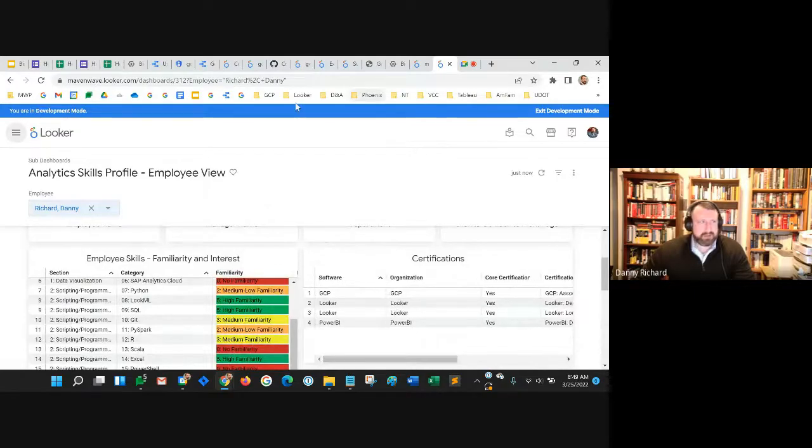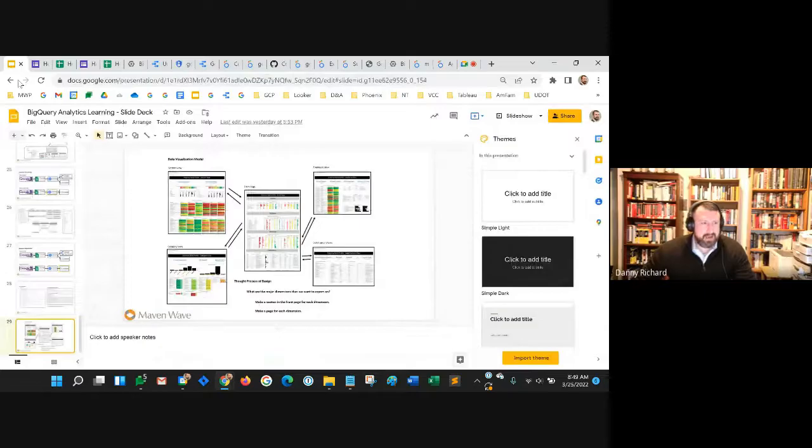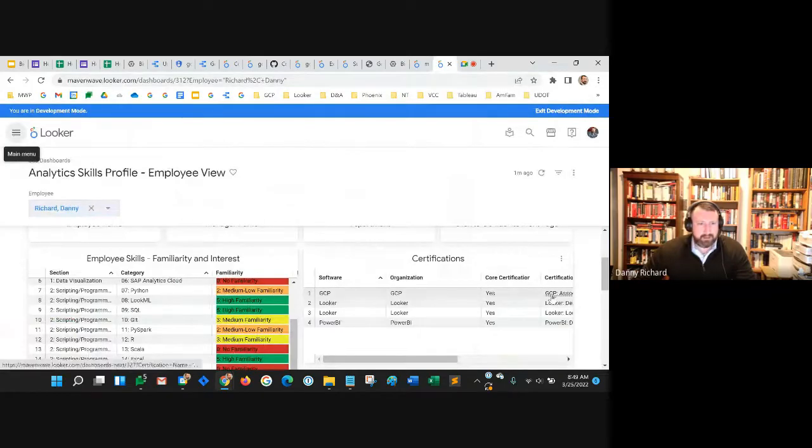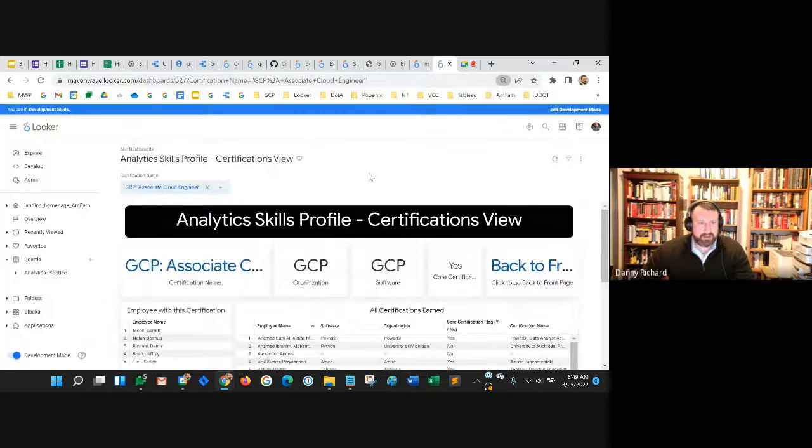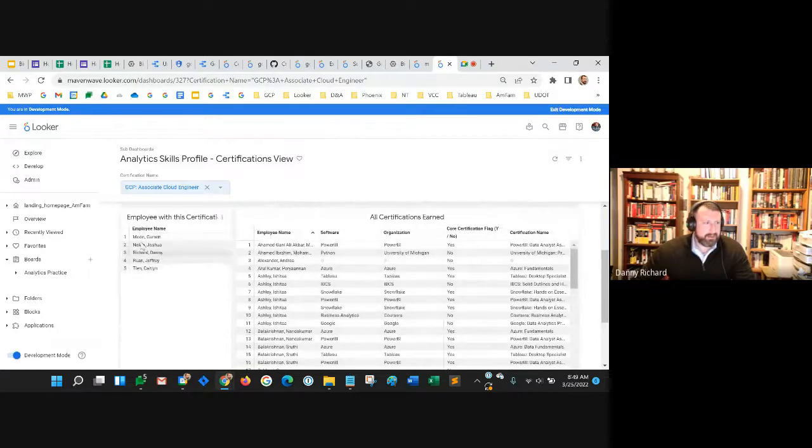I like this dashboard a lot because this design really makes it a user active tool with all of the hyperlinking. It really turns itself into a data exploration tool where you can navigate throughout the dashboard to go to certain sections. So right now I just clicked on the certification section. I'm looking at the Google Cloud Associate Engineer certification. And to the left right here are all the people that have completed that survey or certification. And I can